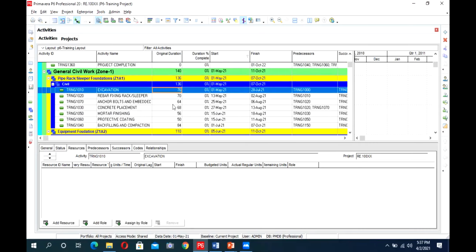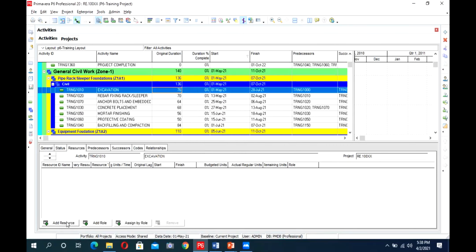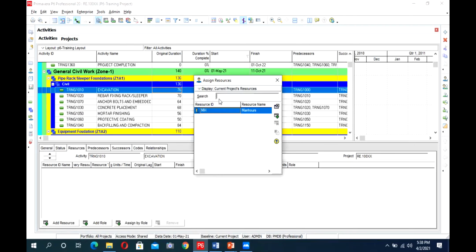Then our first activity is the excavation activity. So we will add our three resources. To add the resources, you can click here on the activity, in the detail table, add resources, and filter by project resources. So here you have a manage resource.